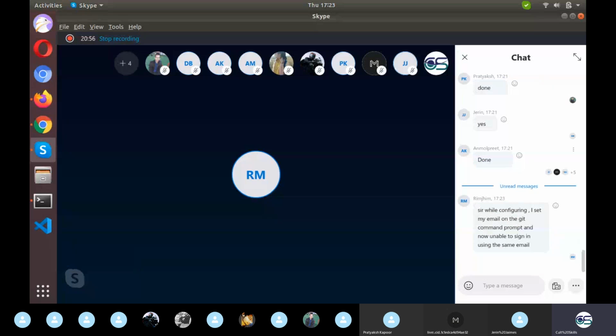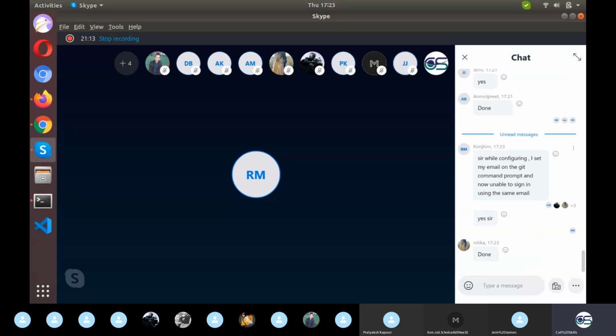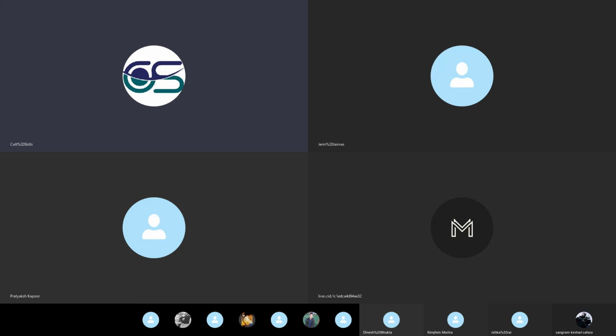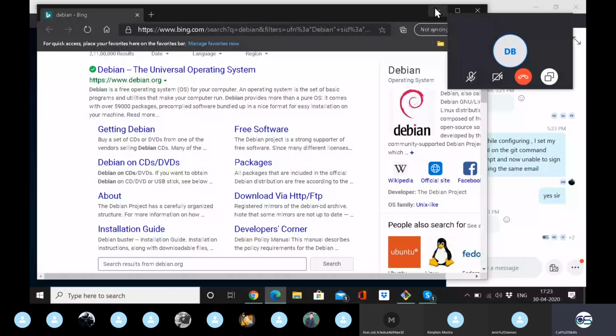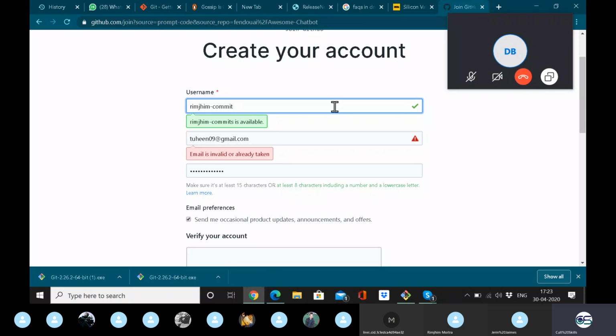While configuring, I set my email on the git command prompt and now I'm unable to sign in. Rimjim, can you share the screen? Great, Nitika. Fine, so I am not able to see your screen right now.